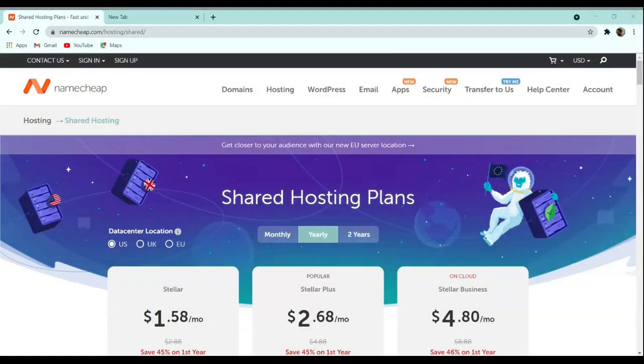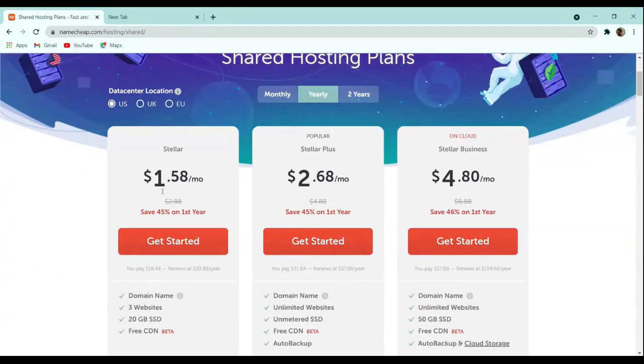So we are on the Namecheap hosting page, and I have been using Namecheap for 3 years now and have not faced any issue to date. All my websites, which we have created for our tutorial purposes or anything, are hosted on Namecheap only. I recommend you use the same as it is very easy to use and configure, and also cheaper than other providers. You can check other providers' prices and you will definitely see that this Namecheap hosting provider is very cheap.